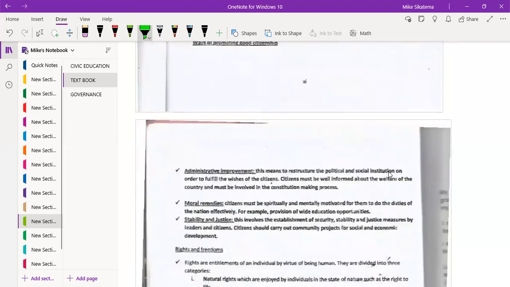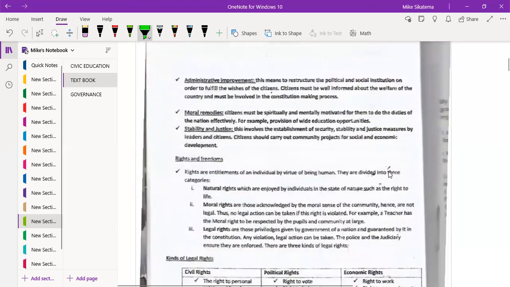So what are some of the ways of promoting good citizenship? Administrative improvements. This means restructure the political and social institution in order to fulfill the wishes of the citizens. Administration is where you have cognitive function, where you have to think and make decisions that are going to benefit the citizens. So citizens must be well informed about the welfare of the country and must be involved in the